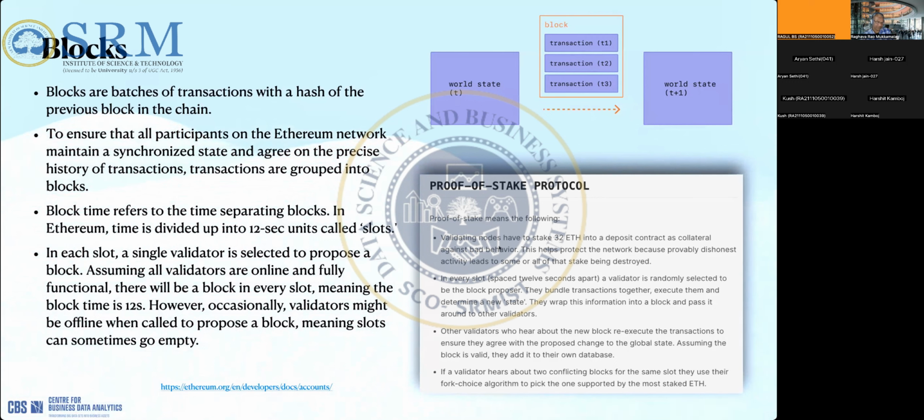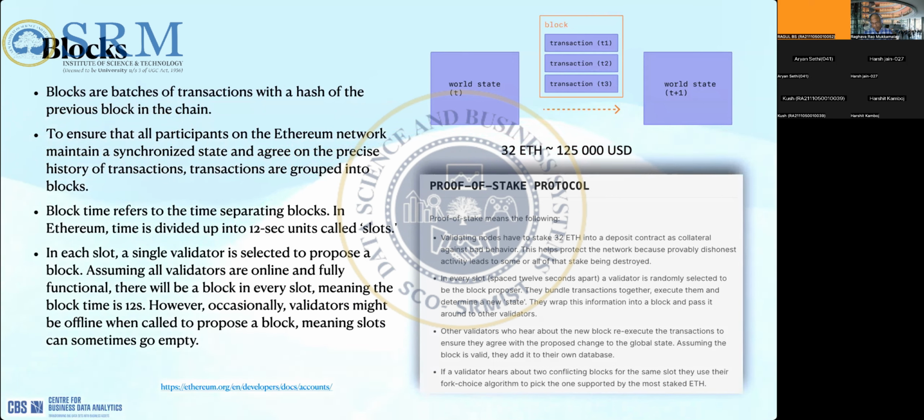And this is the proof of stake protocol. Every validator node needs to deposit 32 ETH, which is like $125,000. This is the deposit you put as collateral against bad behavior.